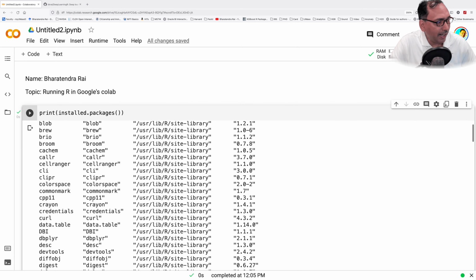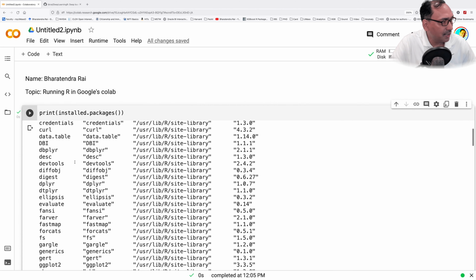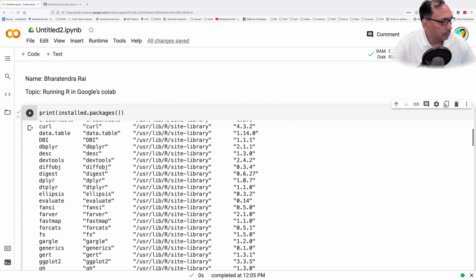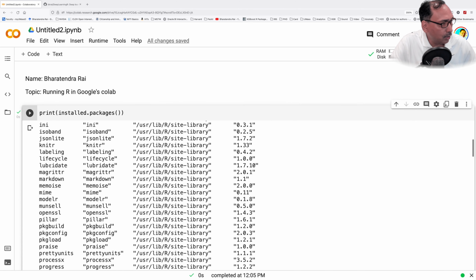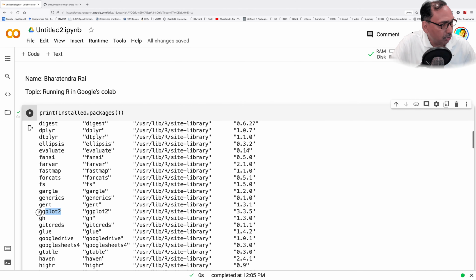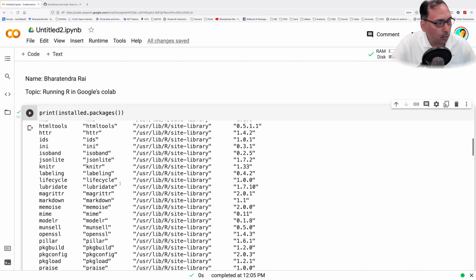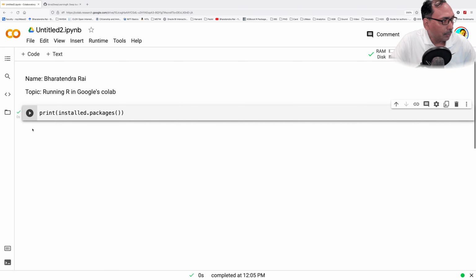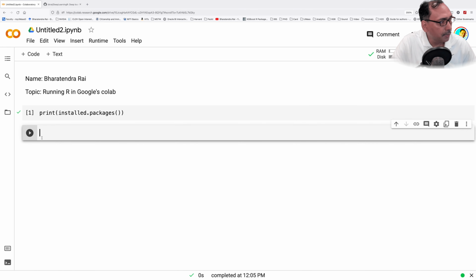You'll definitely find most of the popular packages already included. So you have time series, lubridate, you have ggplot2, and so on. I'm going to remove the output and let's add the next chunk of codes.